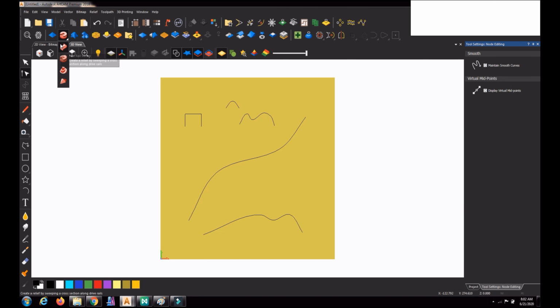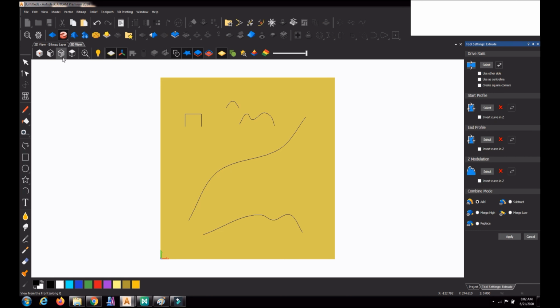For that, you have to keep the mouse button pressed, and in the pressed position only, bring down the cursor and release the button on top of the command you require to execute. So I am just leaving my mouse button on top of this extrude command, so that the template for the extrude command is opened.